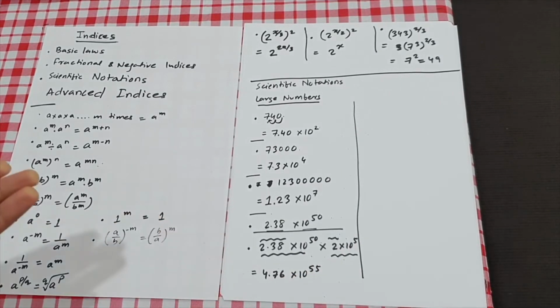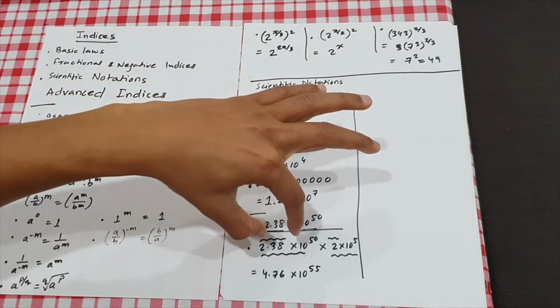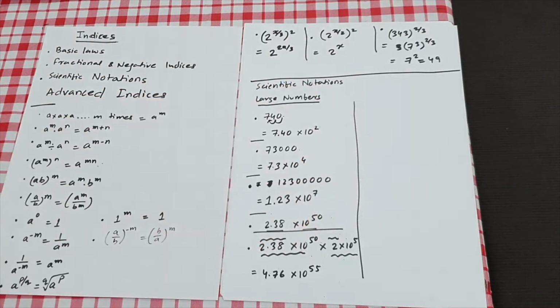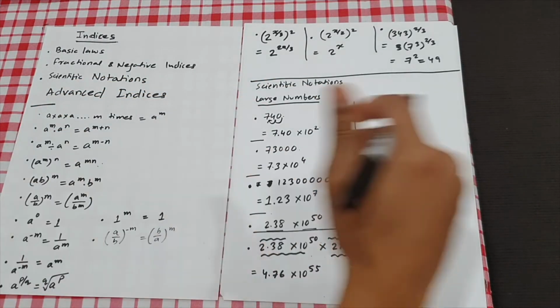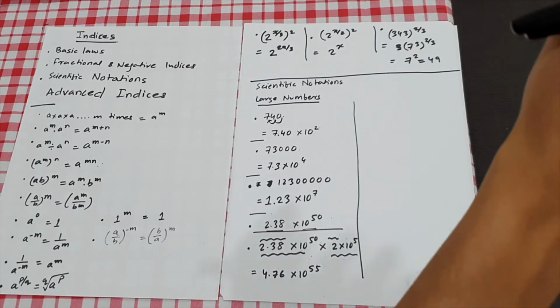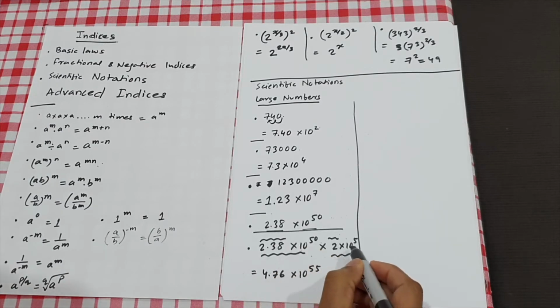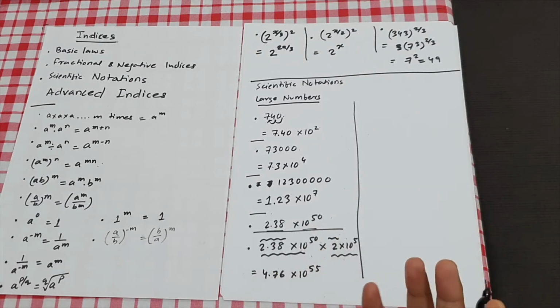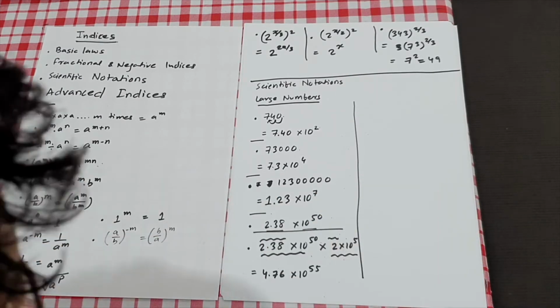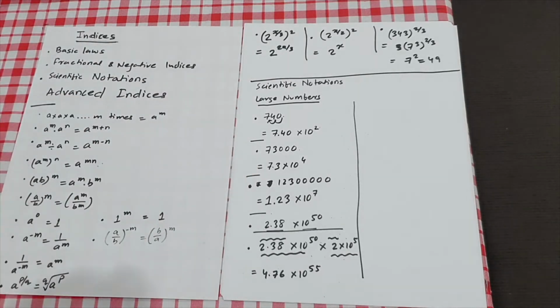Now imagine how much effort we would have spent if we had to go through the full standard notation, because the first thing you'd have to do is write it in the full way, which is a 50 digit number, and then write the other one, which is also a very large number. When you try to multiply them, it becomes very complex, but this is a very simplified way of doing these multiplications.